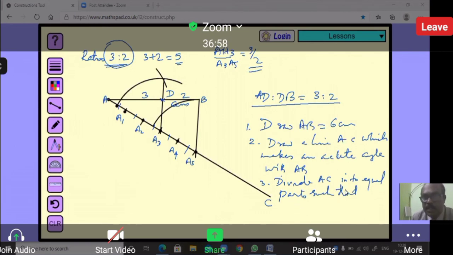Divide AC into equal parts such that AA1 is equal to A1A2, A2A3, A3A4, like that, is equal to A4A5. Then number 4, join A5B. Number 5, draw A3D parallel to